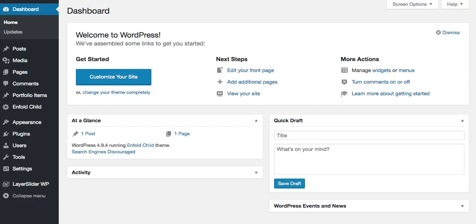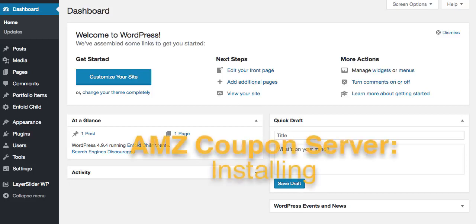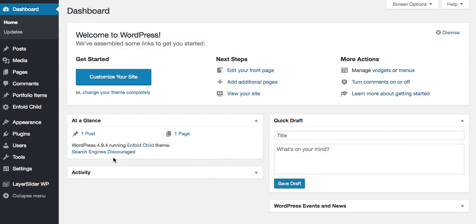Hi! In this tutorial we will learn how to install AMZ coupon server for quickly and easily distributing Amazon single-use coupon. So first we go to install,